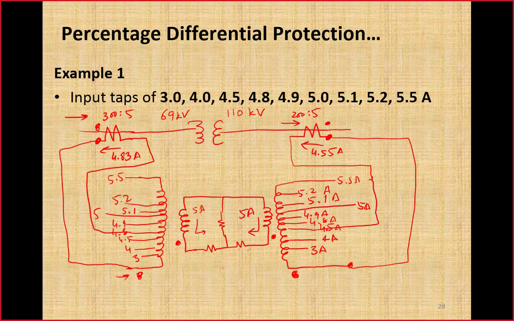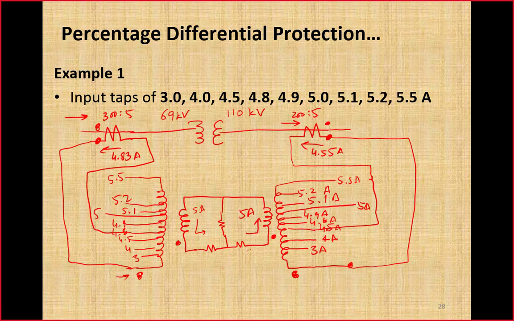Now by using these auxiliary CTs, the difference between 4.83 and 4.55 can further be reduced. Now that difference has become much smaller as compared to the actual difference, and that is obvious from here, that is the use of auxiliary CTs. Now let's see what we are getting here on the secondary side of these auxiliary CTs. Corresponding to this current which is flowing into the dotted end, here current will leave from the dotted end as shown over here. Here current is leaving from the dotted end, so it will enter. So I will have to change the direction of current here like this.